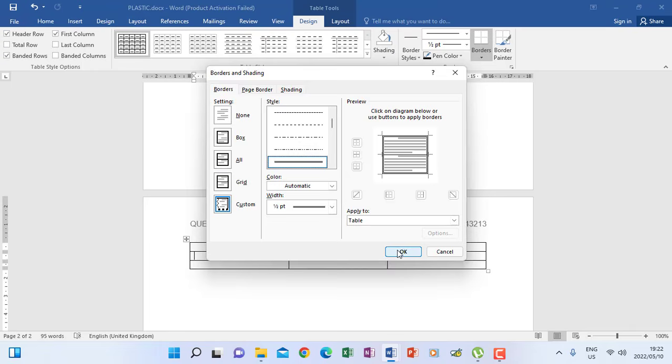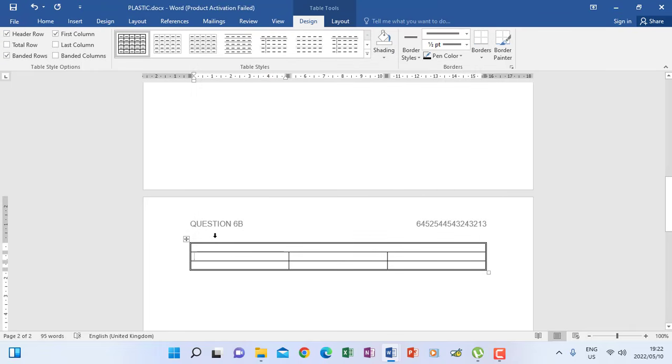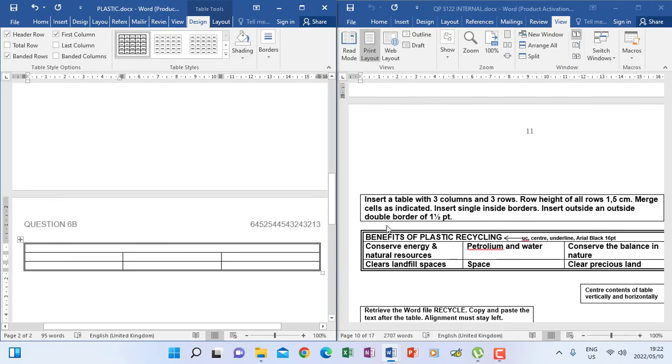So when I click OK, you will see that there is a double border around my table. If I show the question paper again, you see it's almost becoming the same. We just need to make sure that the text is inside the table. So if I go inside my first row and type benefits